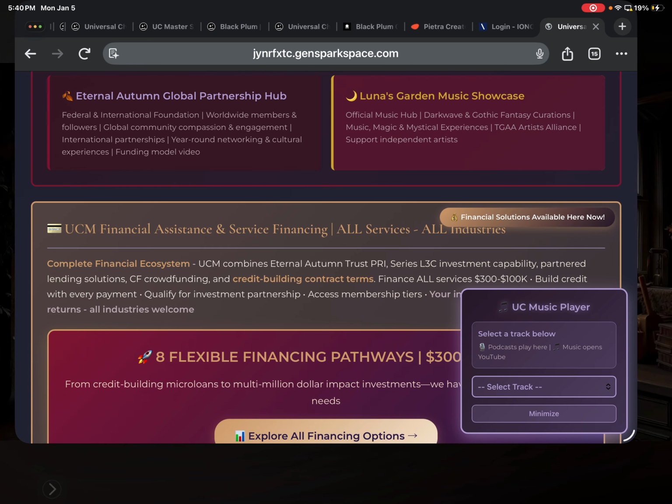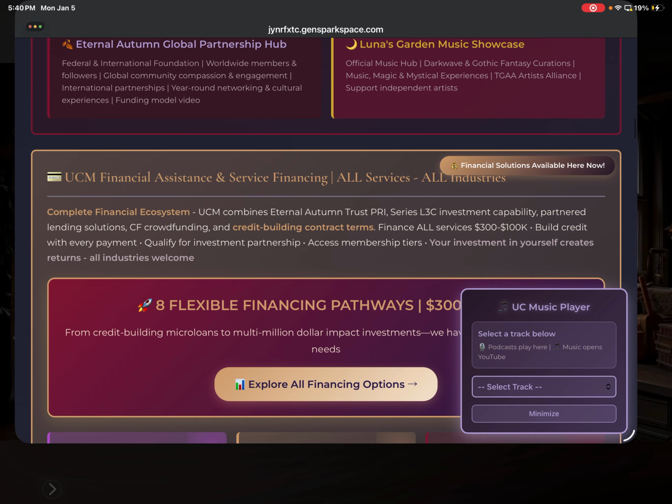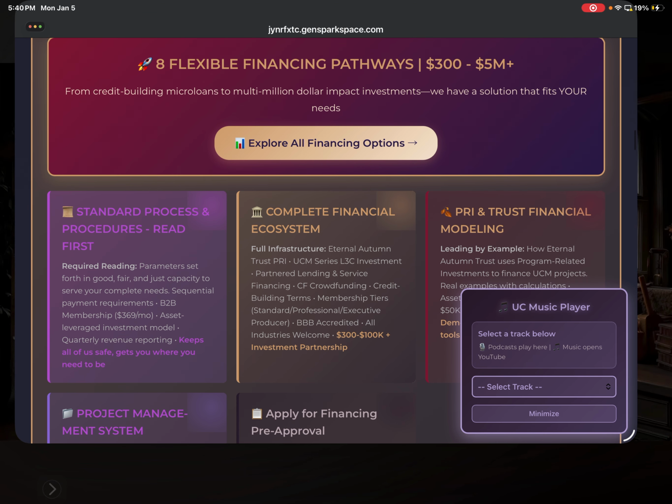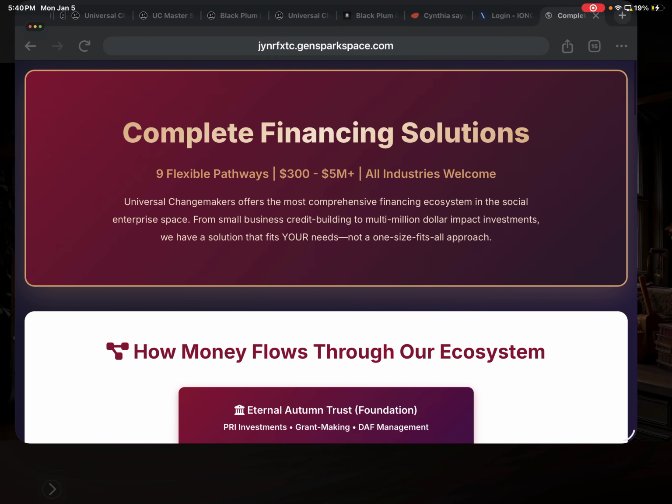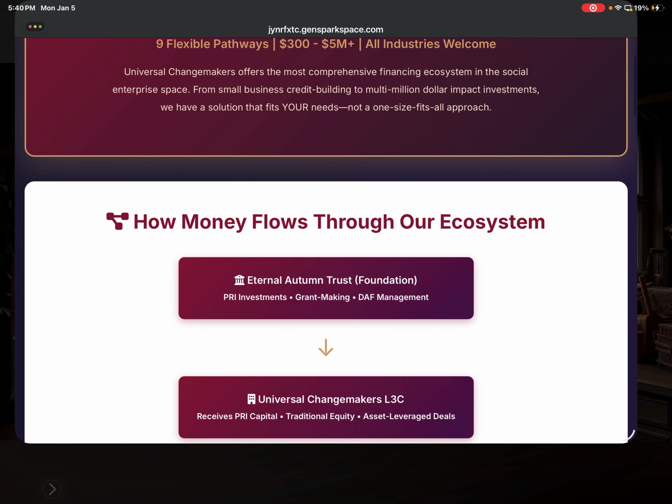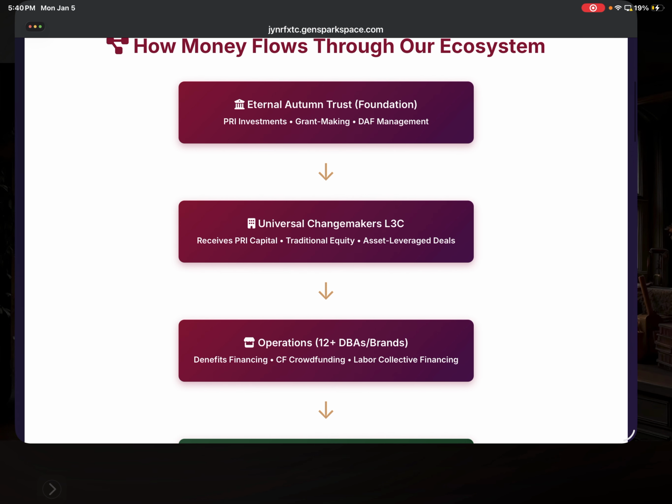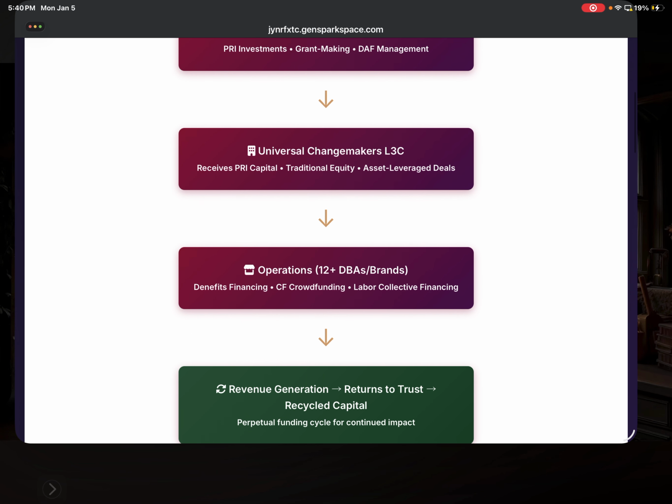Final products are being brought through a combination between GenSpark and Manus because half a dozen things are good on one and half a dozen are not great on the other. So I'm trying to take all of this and incorporate it together. And we have a lot of different financial solutions that we provide through our ecosystem.